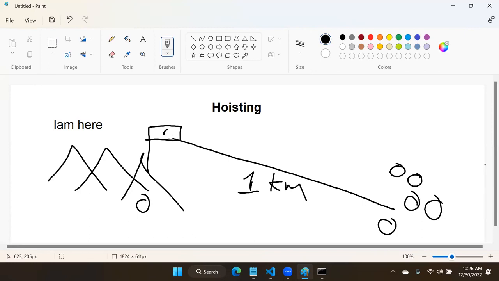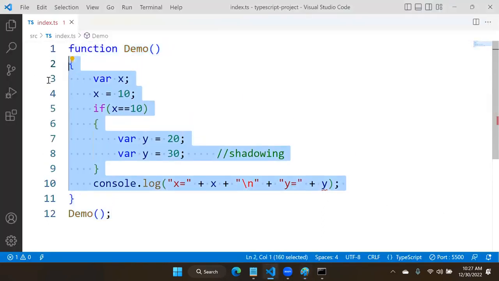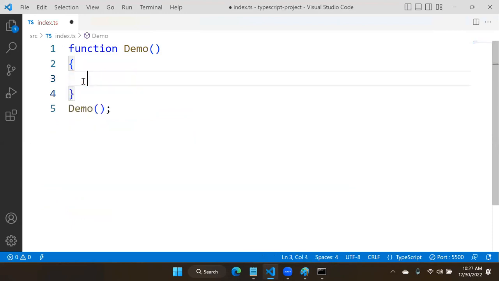Suppose somebody reaches the Moon or Mars or Everest, they put a flag. Why? Telling that I am proud of my country, that my country is here. I am here. That is the meaning actually. Why this concept in programming? Very simple. The concept in programming is nothing but, suppose we are writing a simple x equal